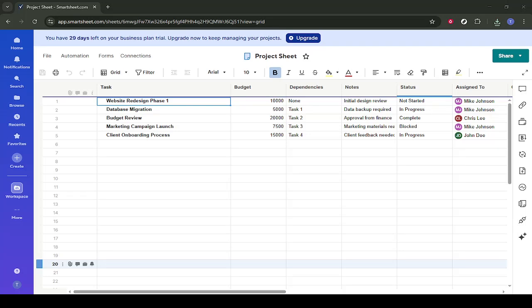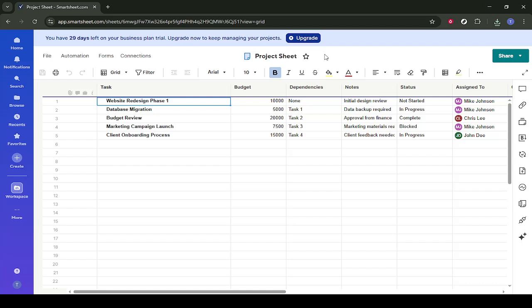In today's video, I'm going to teach you how to add a signature field to a form in Smartsheet. To get started, make sure you're logged into Smartsheet and open the project sheet where you want to collect signatures. You should be looking at the grid view of your sheet, with your columns and rows visible. This is important because the form you're about to build is directly connected to this sheet and will feed responses